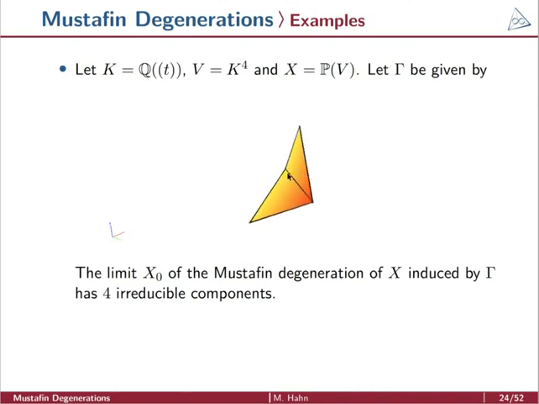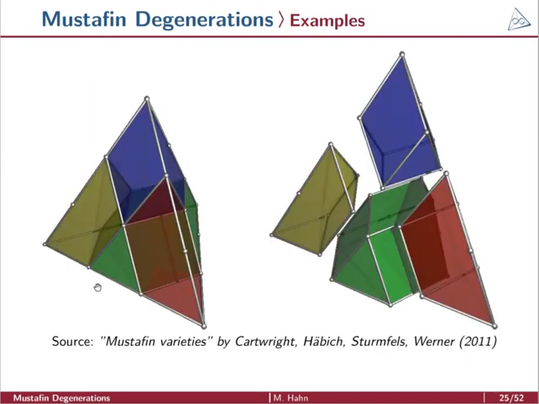So the number of irreducible components in this limit of the Mustafin degeneration of the projective space is again 4, is again the number of vertices in this convex hull. And one can do even more. So this convex hull here induces, in some sense, a subdivision of a simplex. And every maximal cell of the subdivision, so we see this on the right-hand side here, is a polytope. And every such polytope will correspond canonically to one of the irreducible components in the limit of this Mustafin